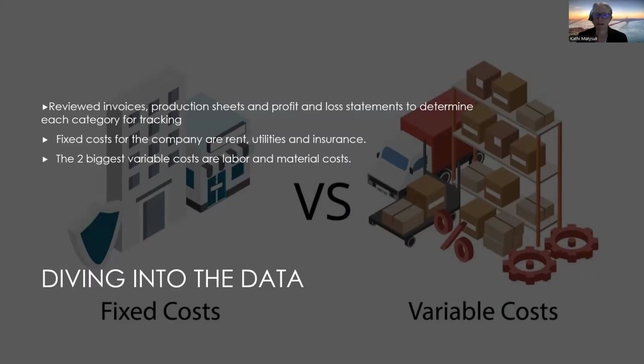So the first thing that we did is we reviewed invoices, projection sheets, and the profit and loss statements to determine each category that needed to be tracked. The fixed costs for the company that we determined were rent, utilities, and insurance. Those are going to happen no matter what the production is. The two biggest variable costs, or things that can change depending on how much work we have, were labor and